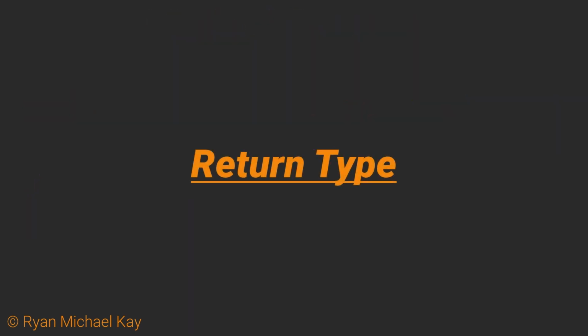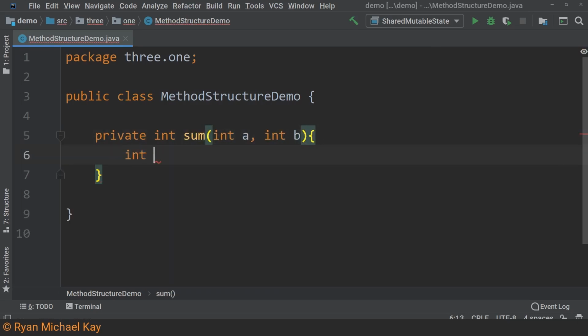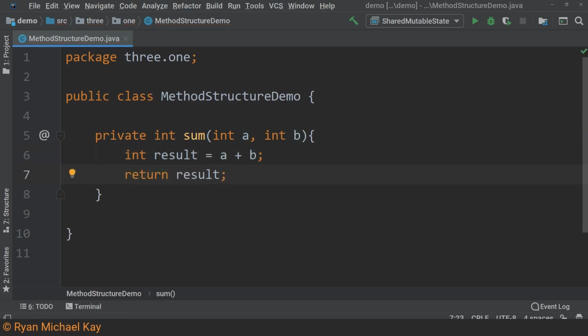As you probably picked up on in the previous section, when you call a method, it can potentially return a value. Let us write a quick method to sum two integer values and return the result. Now, we can call a method and simply not assign a variable to the result. That is perfectly legal. However, oftentimes we want to be specific that a method is not intended to return anything useful at all. Maybe instead of returning the result of our sum method, we want to compute the result and print it to the console.